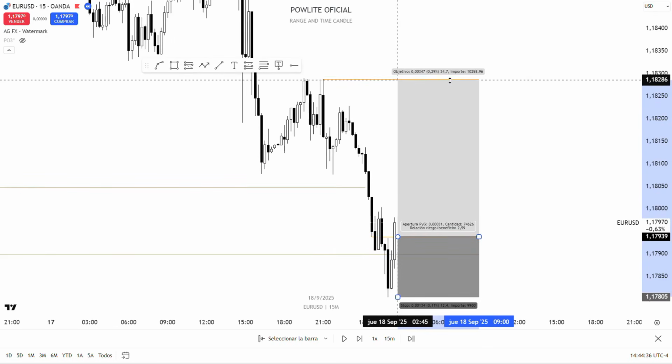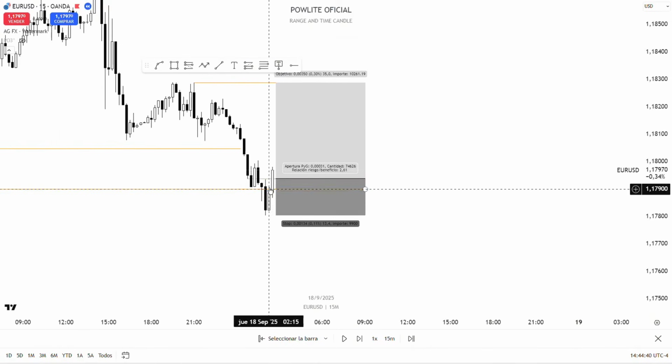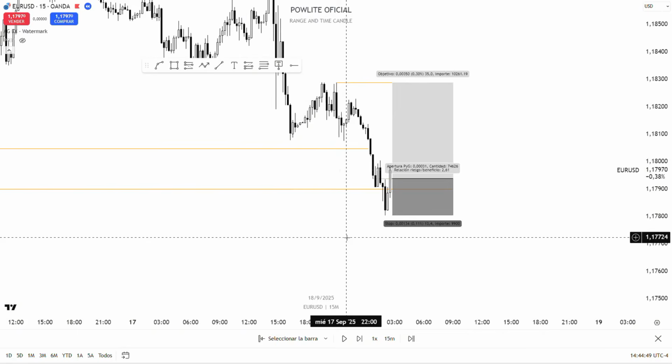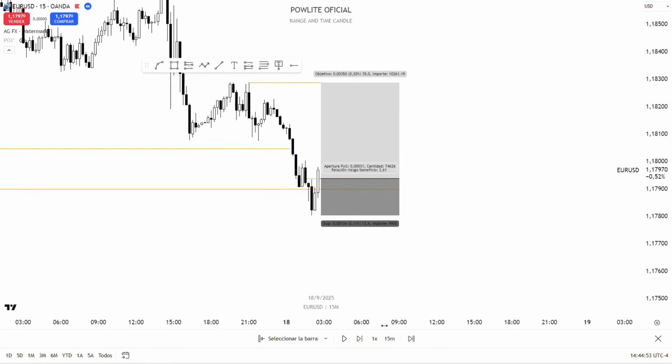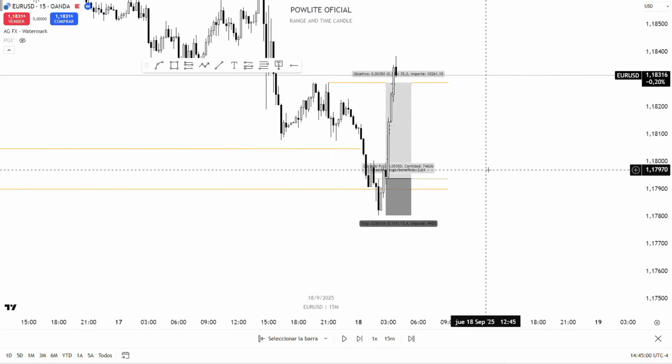Why? Because we're below an H4 candle. We've been manipulated, and the next objective will be that high. So price fulfills objectives, manipulates below an H4 candle, and you can see what it does. It opens below an H4 candle, and you can predict the power of three of that candle. You'll see the price takes that and heads to profit. That day you would have been in profit.